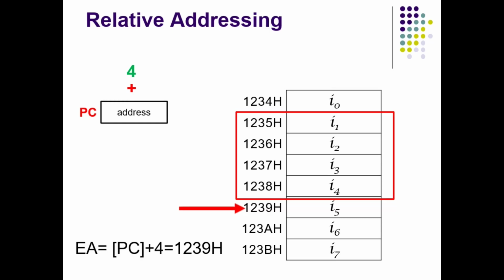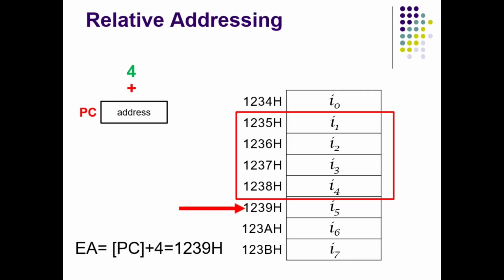Similarly, when the constant number 4 is added, the PC is updated further. If I add a negative number to the PC, PC will be decremented and PC will start pointing to some instructions which are already executed. So a few instructions get repeated execution. So branching happens either when a positive constant value is added to the PC, so forward branching works, or if a negative constant value is added to the PC, PC will be pointing backward, so a few instructions get repeated again. So this is how branching works using PC relative addressing mode.